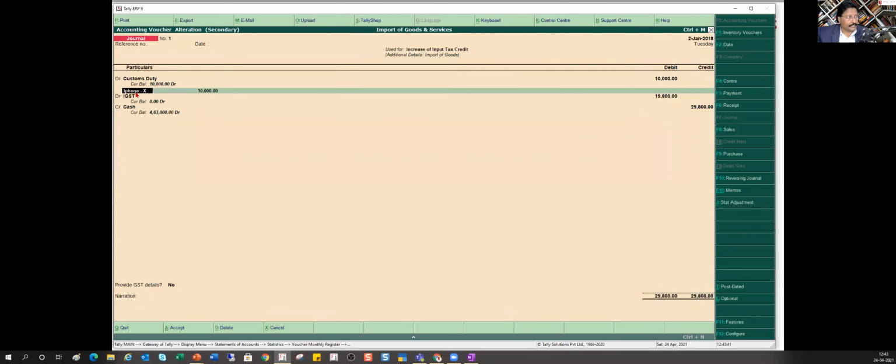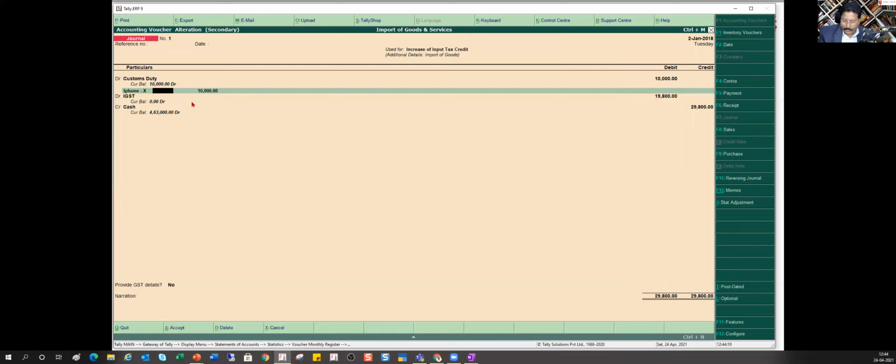And now, because I made inventory values are affected, yes, Tally will actually ask me what is the item. Okay. So it is going to give me the list of items. So I'm going to select here, and very, very important, you will not enter the quantity again, because I've already entered the quantity when I made my original import invoice, when I accounted, right? So here you are only adding the additional cost to the inventory value.